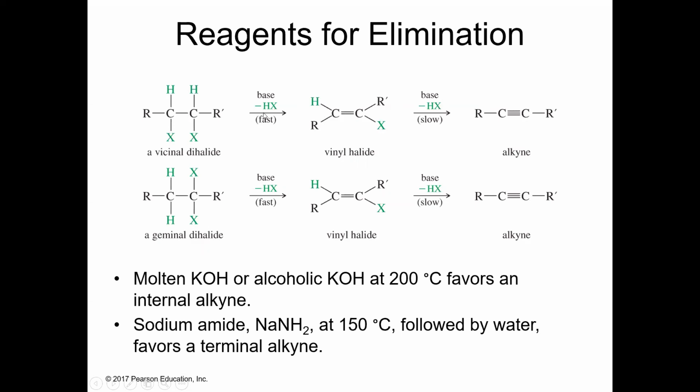Okay, the first dehydrohalogenation, of course, is faster. The second one is slower. Here we have a geminal dihalide. Again, we do 2 E2 eliminations. Okay, the conditions that we use,